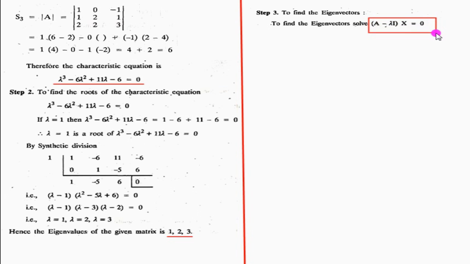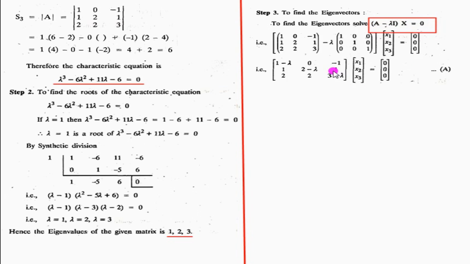To obtain the eigenvalues, we have to solve this equation. This is a cubic equation, hence use synthetic division to solve it, and we get three eigenvalues that are 1, 2, 3, and all three are distinct eigenvalues. To find eigenvectors, we have to use this equation, A minus lambda I into x equal to 0, where x is the eigenvector. Putting the values of the matrix, identity matrix and eigenvector, we can get this form.